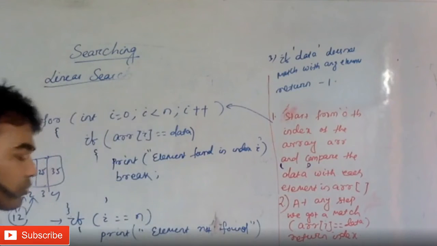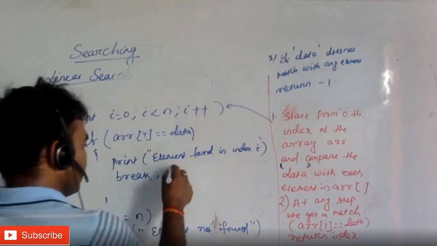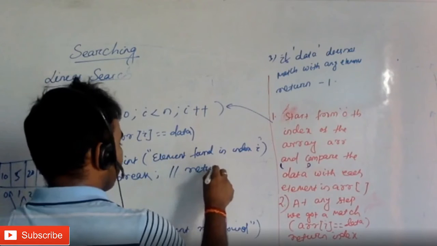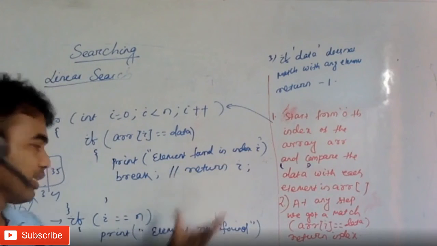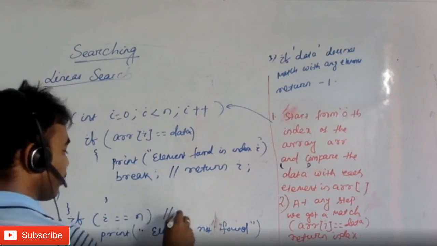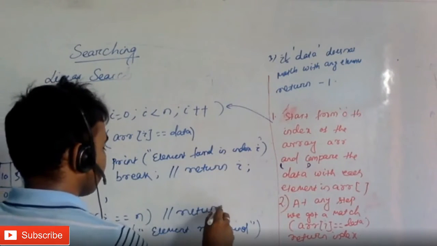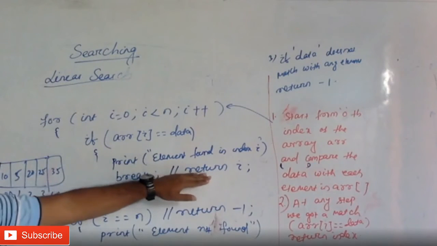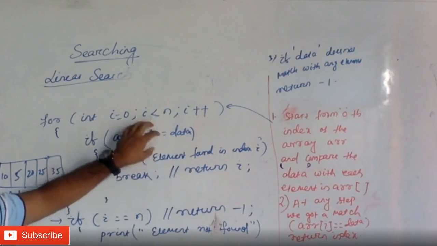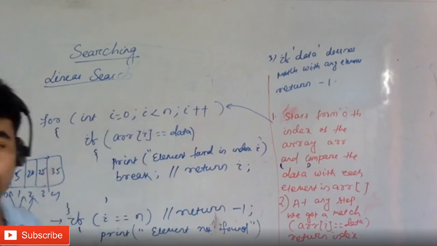Or else you could have done return I, which will return the corresponding index, and instead of writing this, you could have done return -1. Simple. So at any point, if you find any I where this particular I is matching,